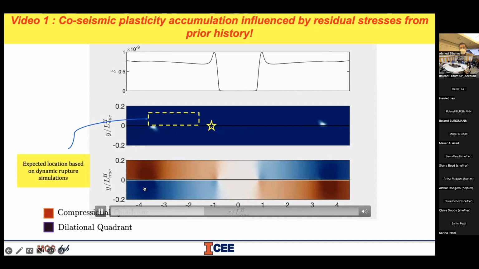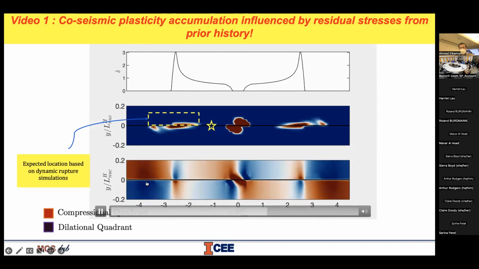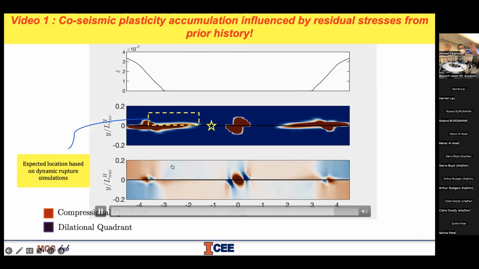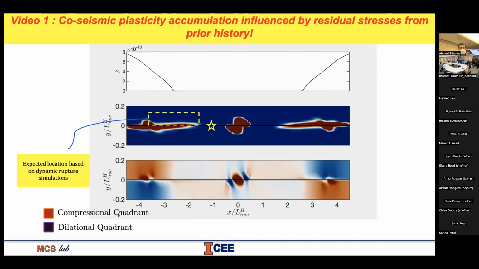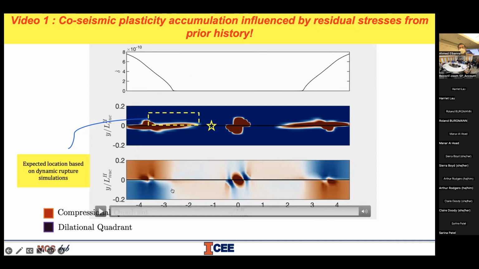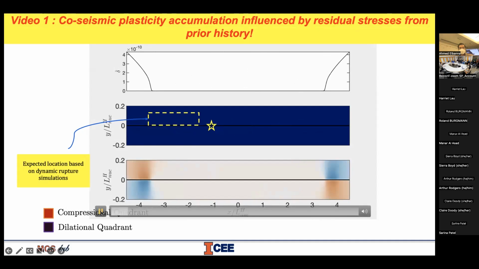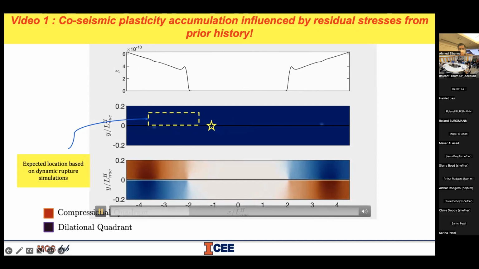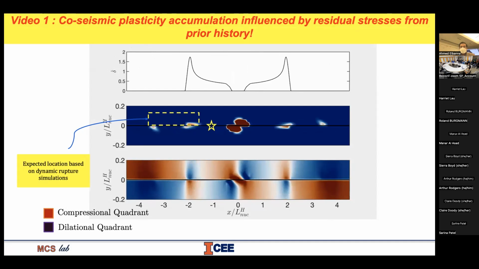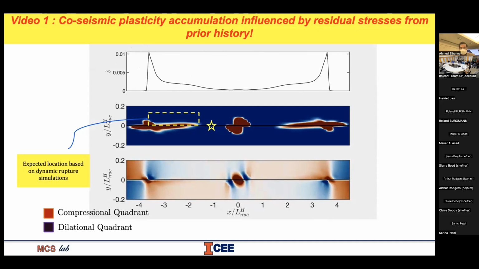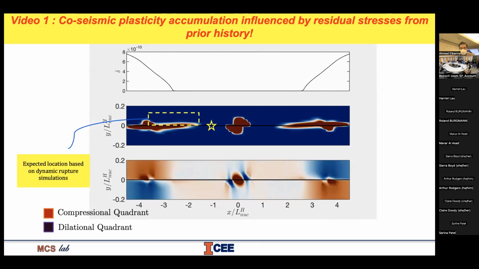Here's the dilatational quadrant, here's the compressional one. But then even if the dynamic rupture is adding compression here at the bottom, initially it encounters the tensile mean stress that was carried by the creep in front. So that's one important distinction that we have discovered. The other one